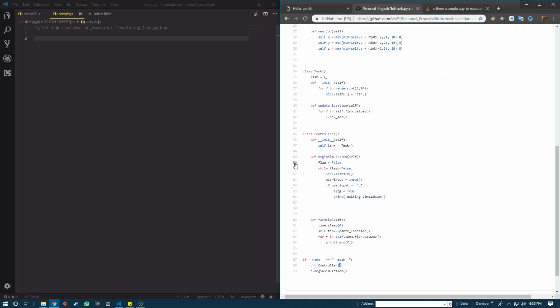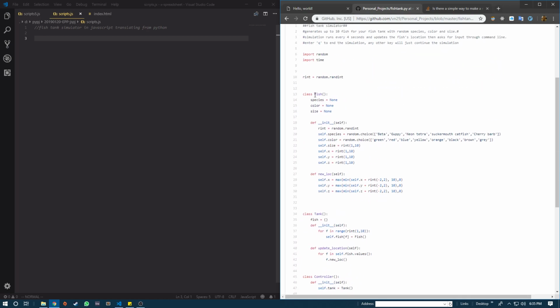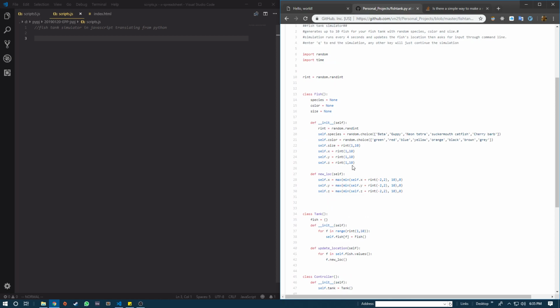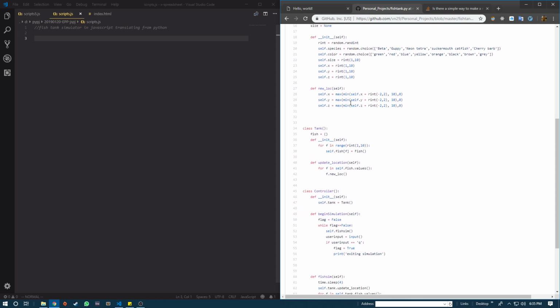So there's 3 classes. The first one here is the fish. This basically is the descriptive information of each fish object. So I believe I'm generating 10. Yeah, there's 10 fish. There's going to be 10 fish objects that are going to get created from this class. And they exist within the tank class. So as you can see, when I'm instantiating the fish, they have their location. This just basically is the populating information of it, but this is really where the work happens,